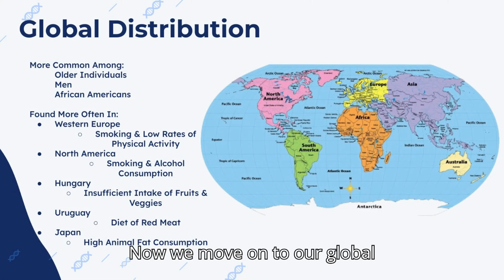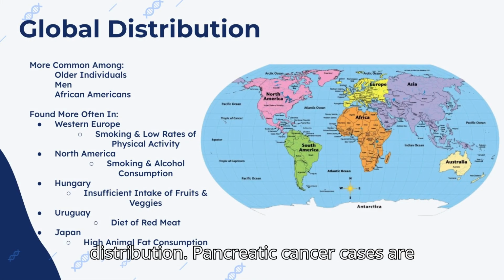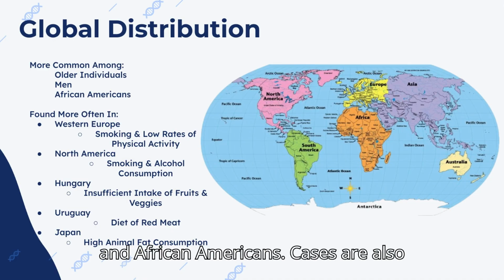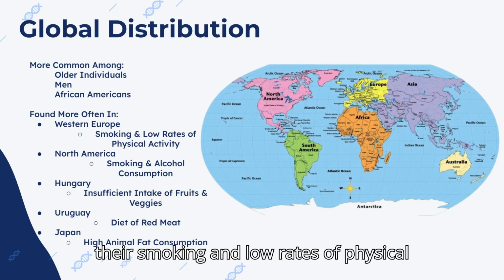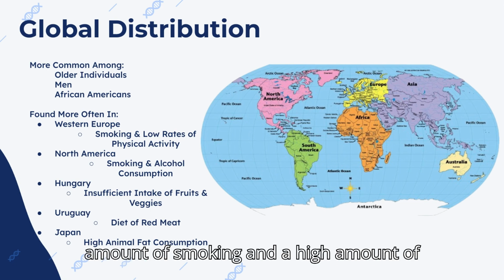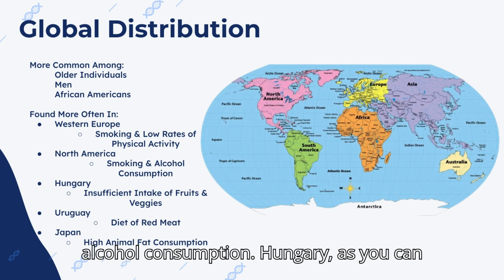Now we move on to our global distribution. Pancreatic cancer cases are more common among older individuals, men, and African Americans. Cases are also often found in Western Europe due to their smoking and low rates of physical activity, North America due to a high amount of smoking and a high amount of alcohol consumption,